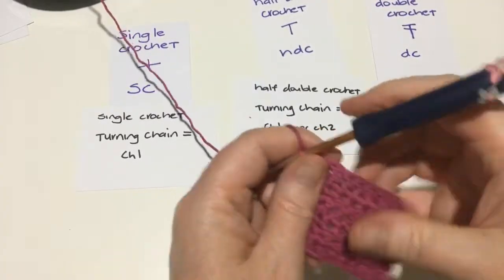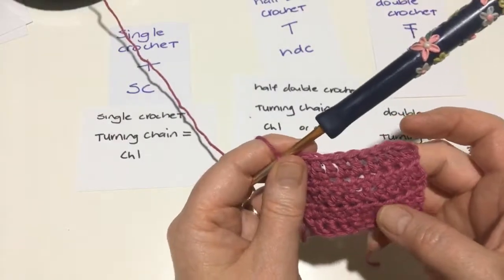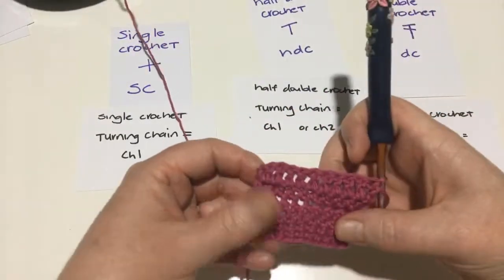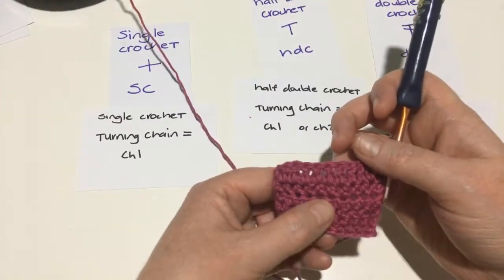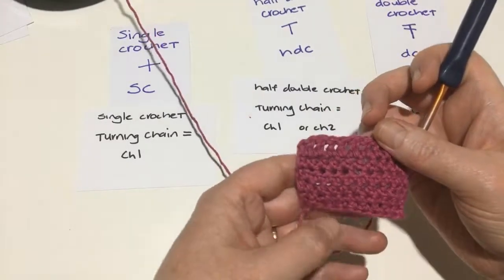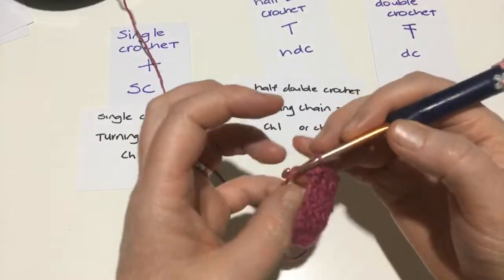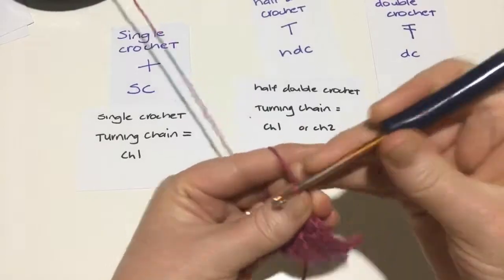Okay, so then you've got to get familiar with counting your rows as well. So you can kind of see little rows, lines start to emerge. So that kind of distinguishes the rows that you've got. It's a little easier if you're using the same stitch. So you can see these 3 rows here are the same stitch, so you can count them. So we've got a row here of single crochet, then we've got 1, where are we? Did I do 2 rows of that? And 1, 2, 3. So if I do my turning chain, chain 2,